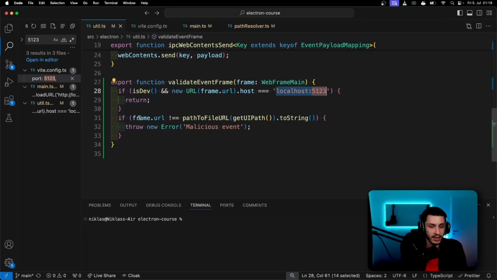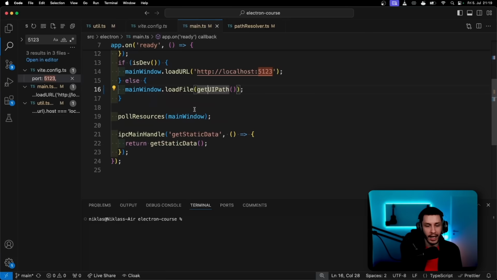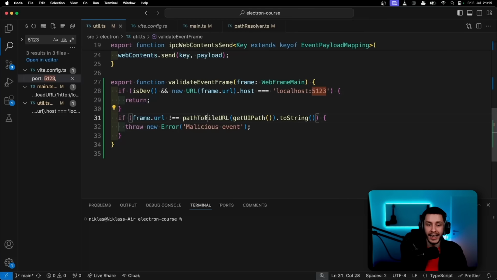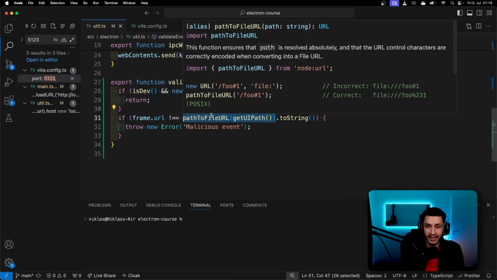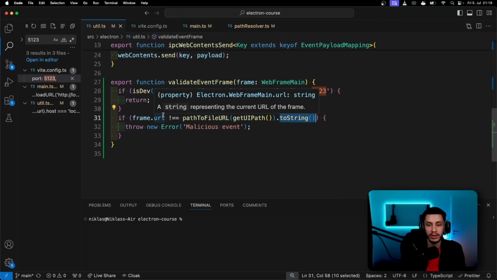And then the next step is to say, if we are not on dev, so if we're in the production build, then we need to check, is our frame URL not pathToFile? Gonna get into that shortly. getUIPath. So basically we're getting our UI path once again. Remember, this is path.join, app.getAppPath, this React index.html. And what we basically need to do here is say, I need this URL globally. So not like /dist-react/this/that. I need to actually get this as a file URL on my system with file:/// etc. And I need to turn this into a string just so I can compare it to the string that is